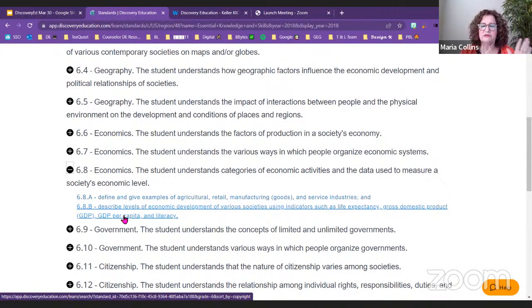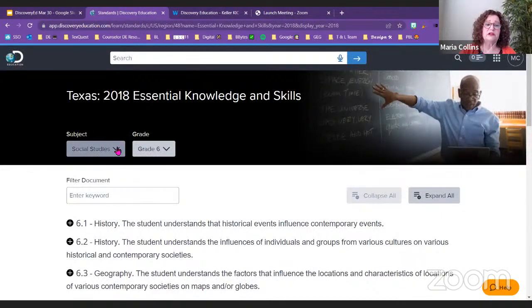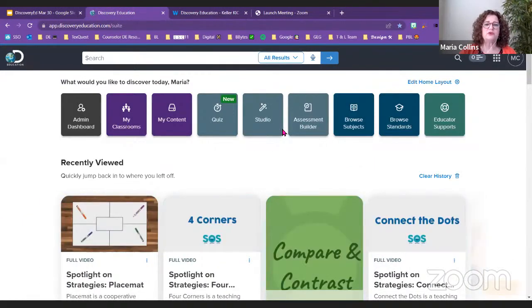Now, I do always want to say this, it doesn't mean that that verb is covered. You will have to have students do something with the content, but at least the content supports what you're trying to teach. So that was my favorite way. And you will have to change up here what you're looking for, the grade level. But once you've done that, it generally will always default to that. All right. So hopefully you will practice filtering. I could spend just one entire hour on filtering, but use all of the filters that you have. That way you save a lot of time.